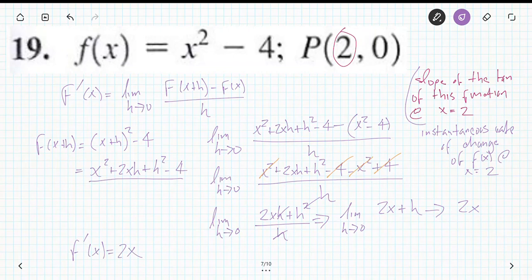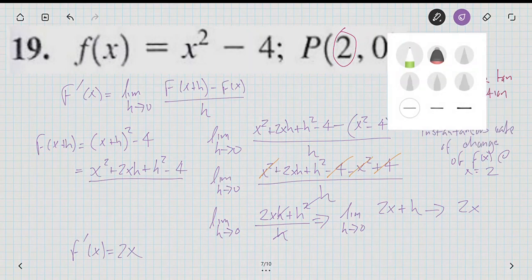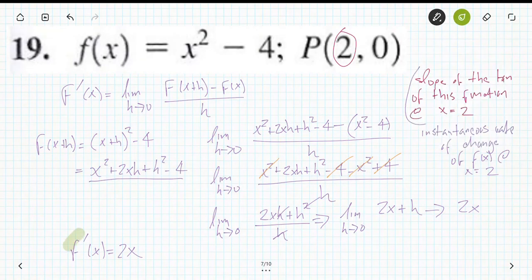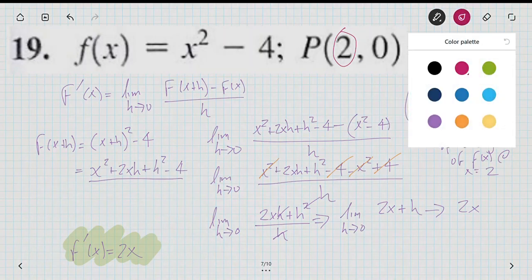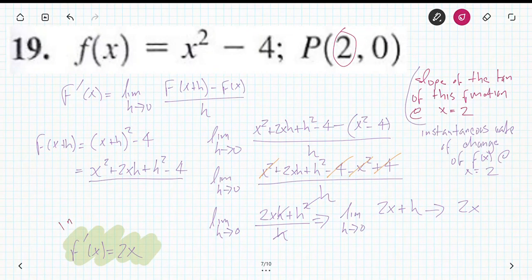Okay? And this derivative right here, let me highlight it with a green. Okay? That derivative is going to be the instantaneous rate of change. I'm going to abbreviate it with RC, instantaneous rate of change, or tangent. Okay, and so what is the slope of the tangent at 2? Simply, we evaluate the derivative at 2, and we're going to get 4. Okay,